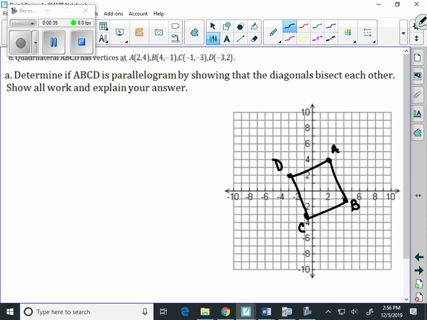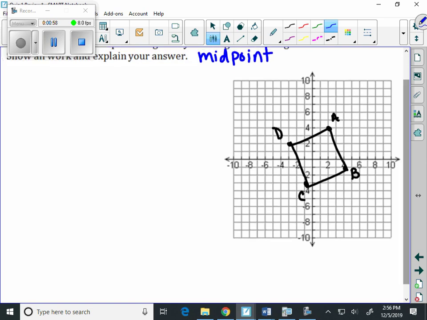And we're starting here by determining if ABCD is a parallelogram by showing that diagonals bisect each other. And when we're showing that diagonals bisect each other, the process that we're using is the midpoint. So I'm going to start with diagonal AC. And remember, as I connect those points,